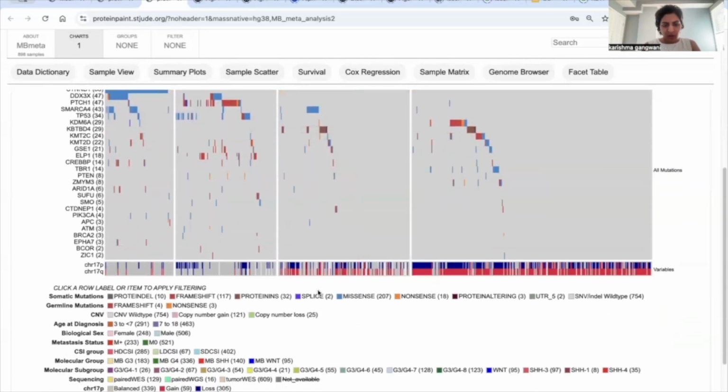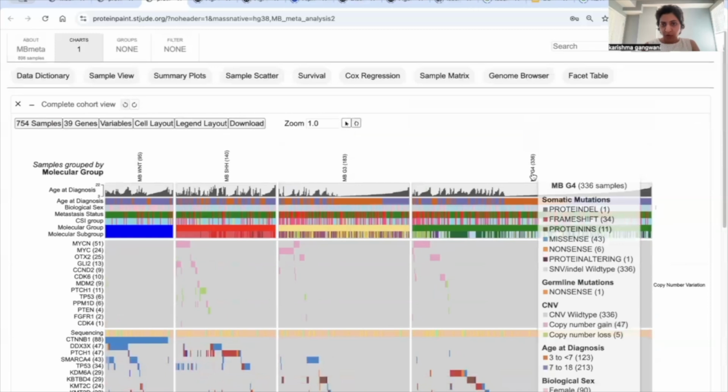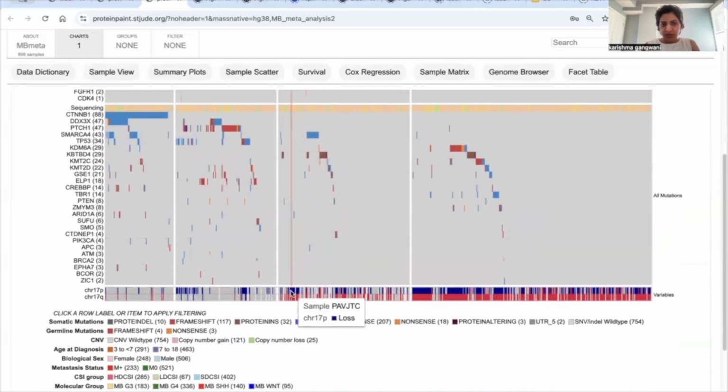Another one I want to highlight is the status of the isochromosome 17. What that means is that there is a loss of the chromosome 17p arm and a gain of the chromosome 17q arm, as assessed by FISH or in situ hybridization. Generally, this is also associated with a poor prognosis and is a feature of group 4. But you can see that there are cases within group 3